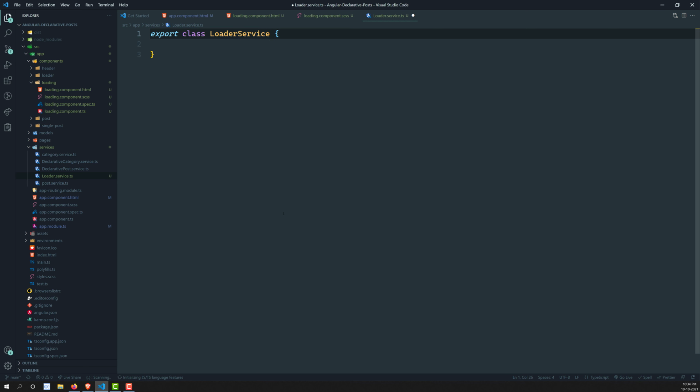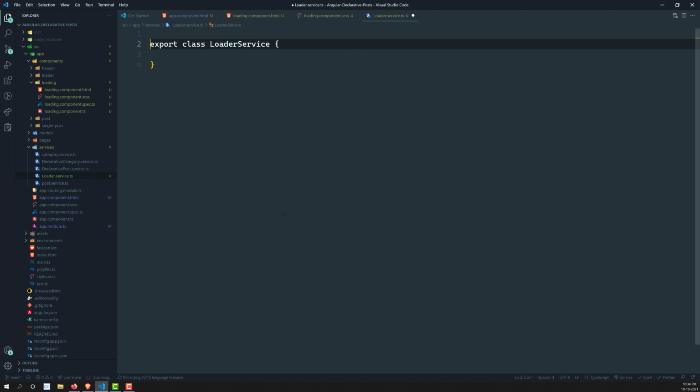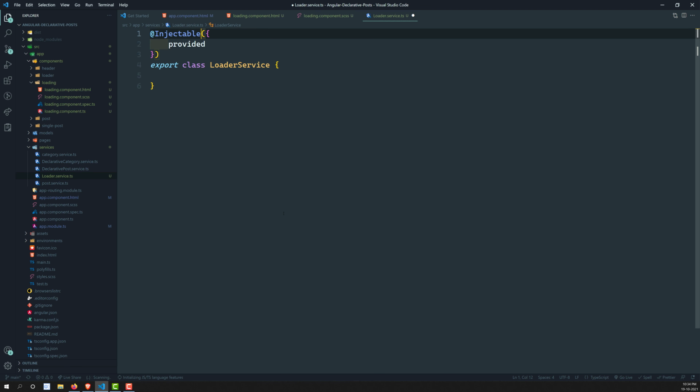Yeah, this is the loader service, and here you will be having @Injectable, and this should be provided in root, right? So Injectable should be imported. For me sometimes Injectable will not work, so I need to write it manually. I don't know why my system has become very slow.